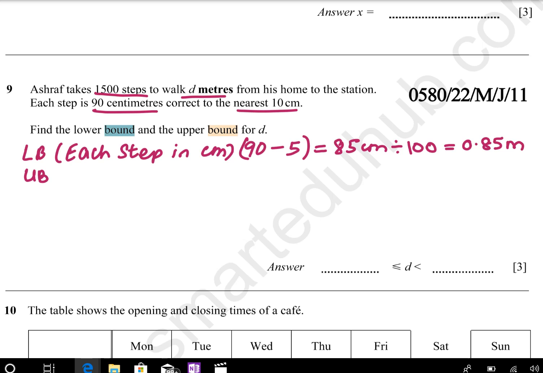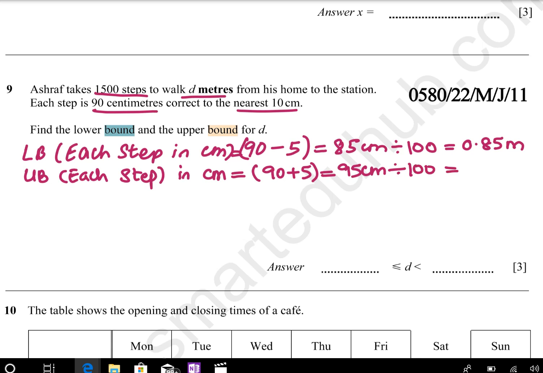And upper bound of each step, how much is that? In centimeters it is equal to 90 plus 5, which is equal to 95 centimeters. Again you divide that by 100 and you get 0.95 meters. Now they are asking us to find the lower bound and upper bound of the total distance. So if one step has a lower bound of 0.85 meters, then the lower bound of 1500 steps will be